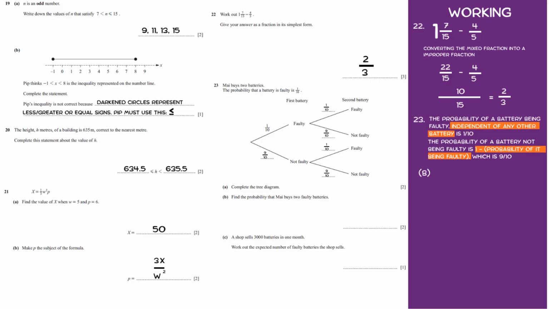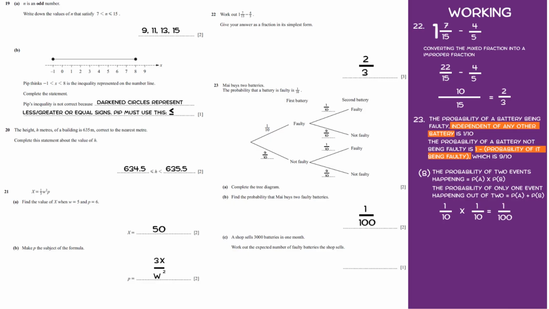For part B, we are asked to find the probability that Mi buys 2 faulty batteries. To solve this problem, we need to understand a simple rule. If we want the probability of one thing and another thing, we multiply the probabilities, while if we want to find the probability of one thing or another thing, we add the probabilities. Therefore, in this case, we must multiply the probability of 2 faulty batteries, which is 1/10 times 1/10, which is